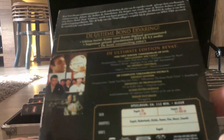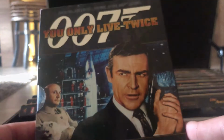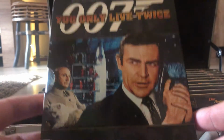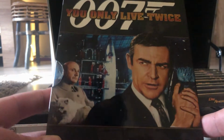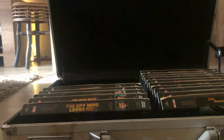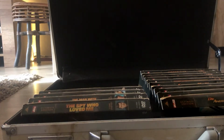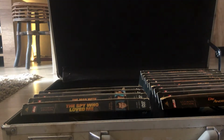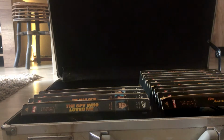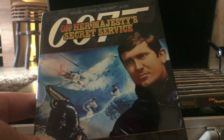I've always had a soft spot for this film here as well. I love the entire Japan setting. The volcano crater at the end. This is definitely a more fantastical Bond film, but I absolutely love it. And of course that was followed when Sean Connery said he would step down from the role and never play James Bond again. They went on a search and they found Australian male model George Lazenby to star in